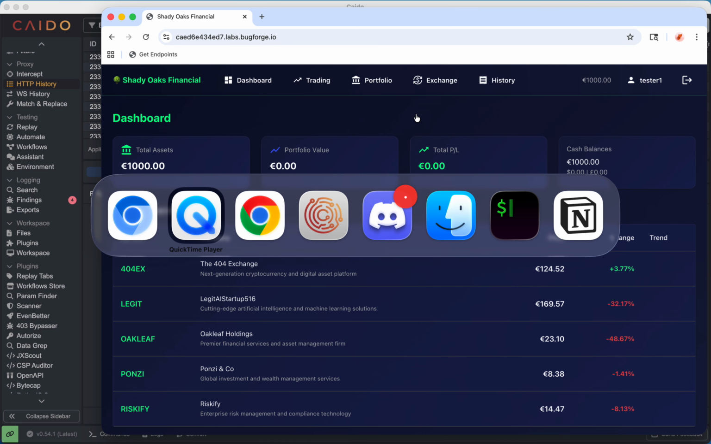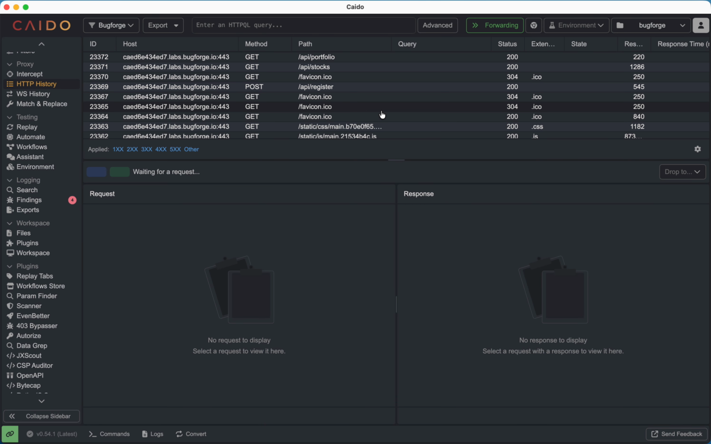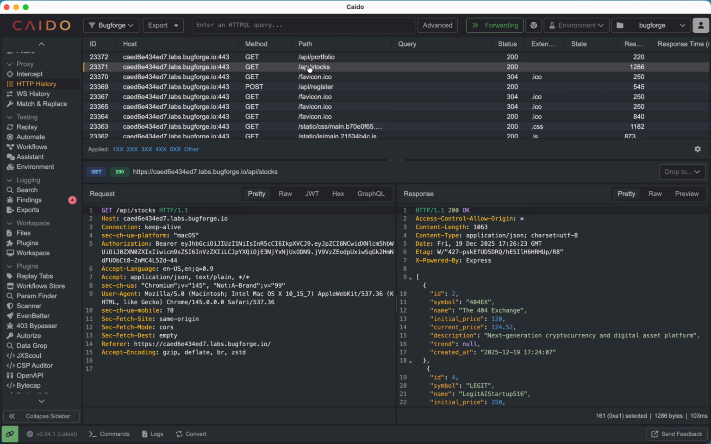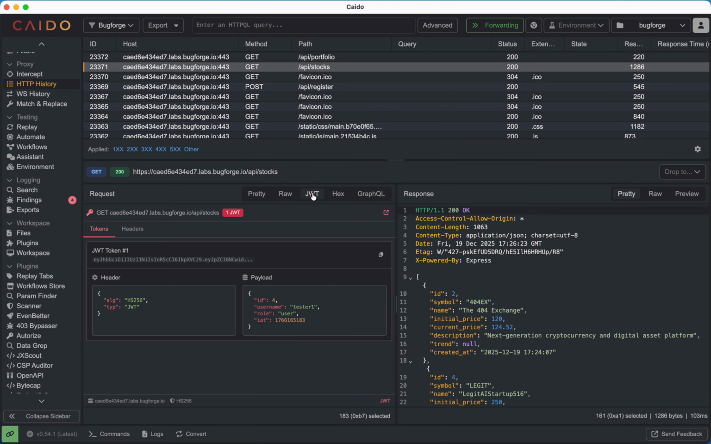We're logged into the app, and if we come over here and look at that request, so this is our post request to register, you can see that we're returned this token right here. This is the JSON web token, and then that token is sent in all of our subsequent requests in the authorization header right here. Okay, so now if we look at this JWT